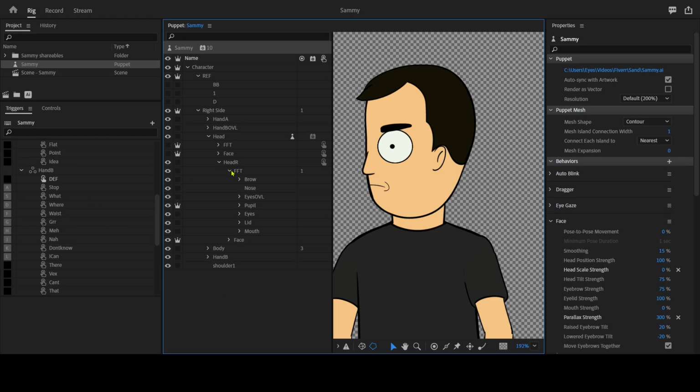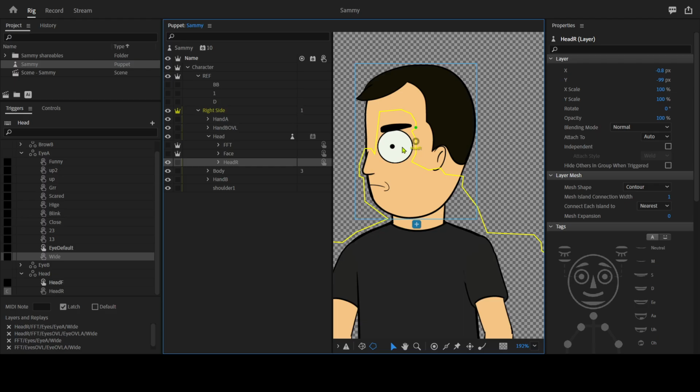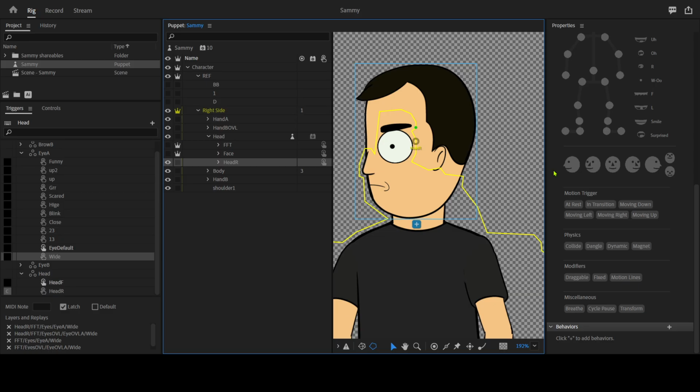So what we need to do now is duplicate this so that we'll create a flip version that is for this other profile. Normally you would have assigned these to one of these, actually this one, but because I'm already using some of these in the FFTs and whatever, just so that I'll be able to get that parallax effect, I am not going to be doing that. So I'll just be assigning it to a trigger, which I did see already. Okay, so now